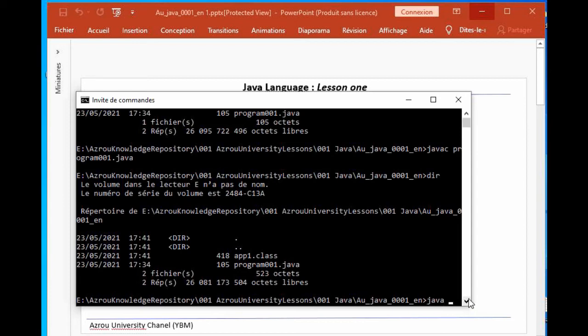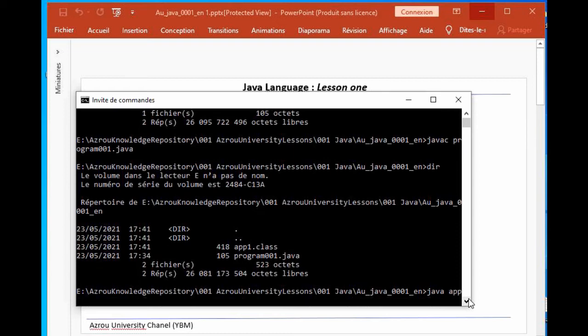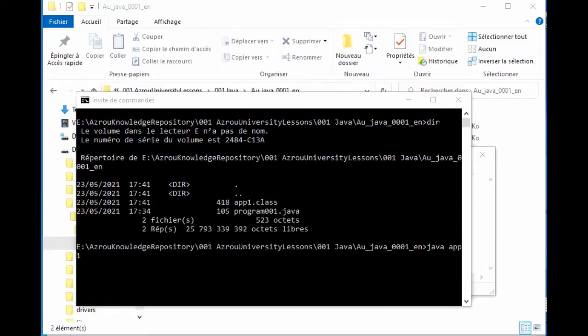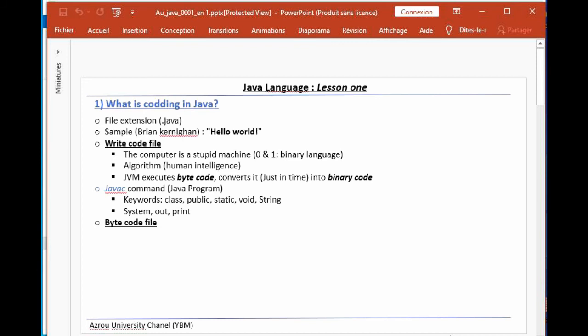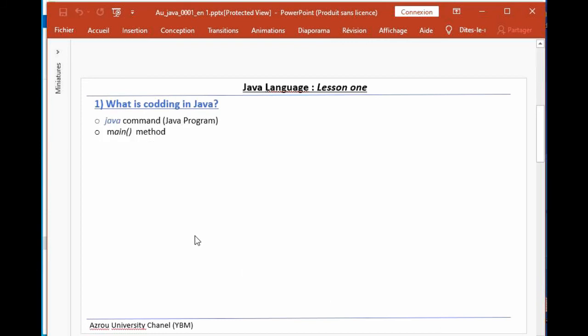Okay, fill out by the class file name, up1. The Java command itself is a program that waits for some parameters, class file name. We can pass other parameters, but we will do that later on. Then the Java command runs your bytecode. We have passed only the class name without